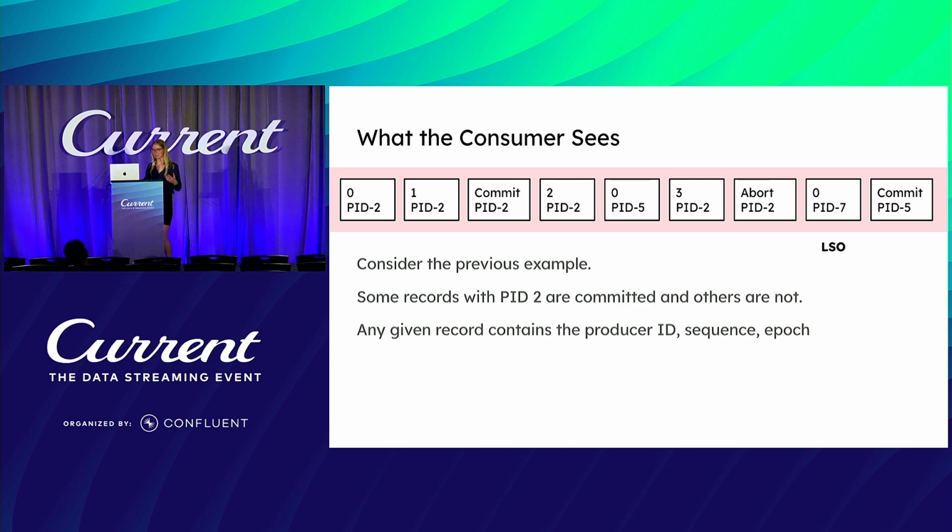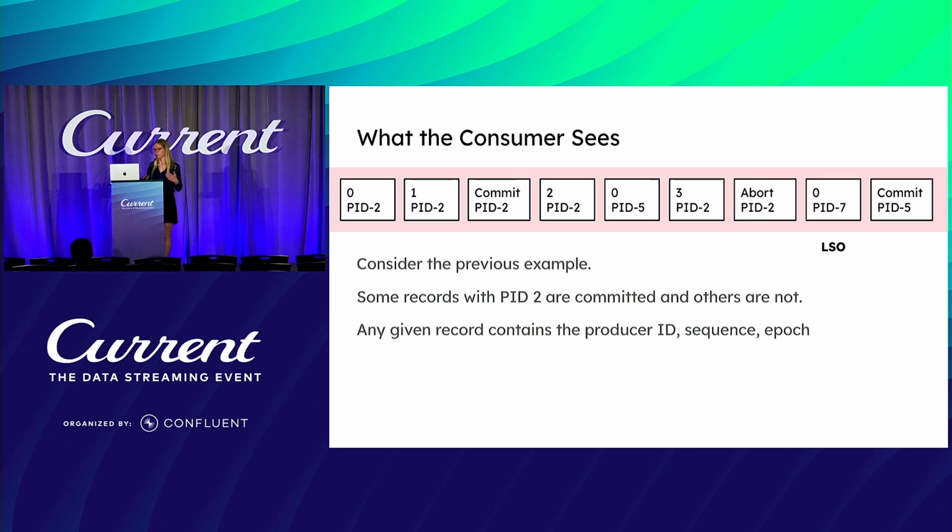So the producer ID, we talked about it earlier. It's the unique ID that the cluster gives the producer to identify records written by that producer. Sequence is used for the idempotent producer to make sure that the records are in order and there aren't any duplicates. And an epoch is a monotonically increasing number used to fence previous instances or any errors that you may